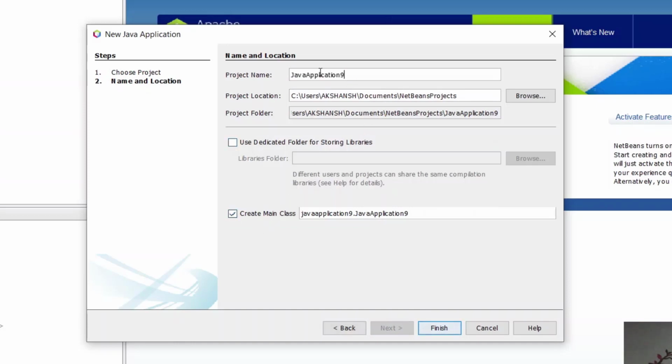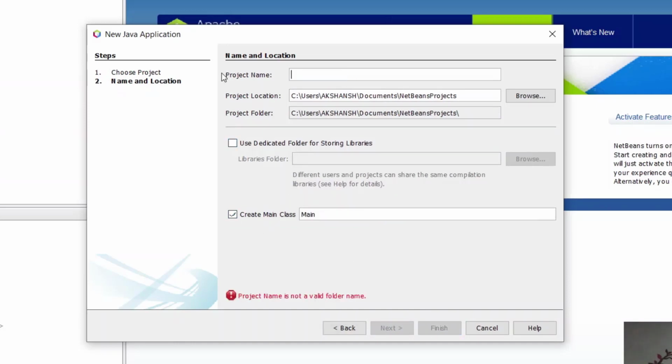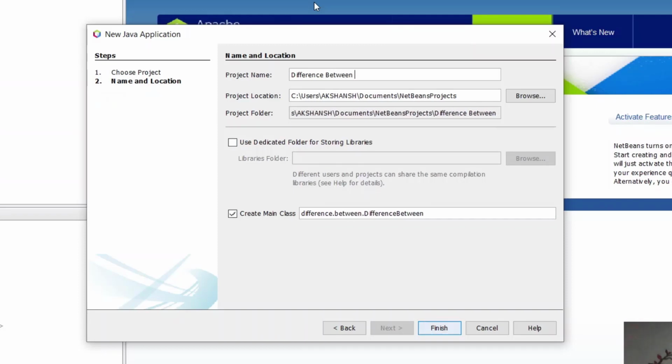And here you have to write the title. I will just type the title: Difference between. If you type like this, I don't know how this space is coming in between, but I am not giving this space. If I remove this, the d will also be removed, so I cannot remove this space. I don't know what the problem is.